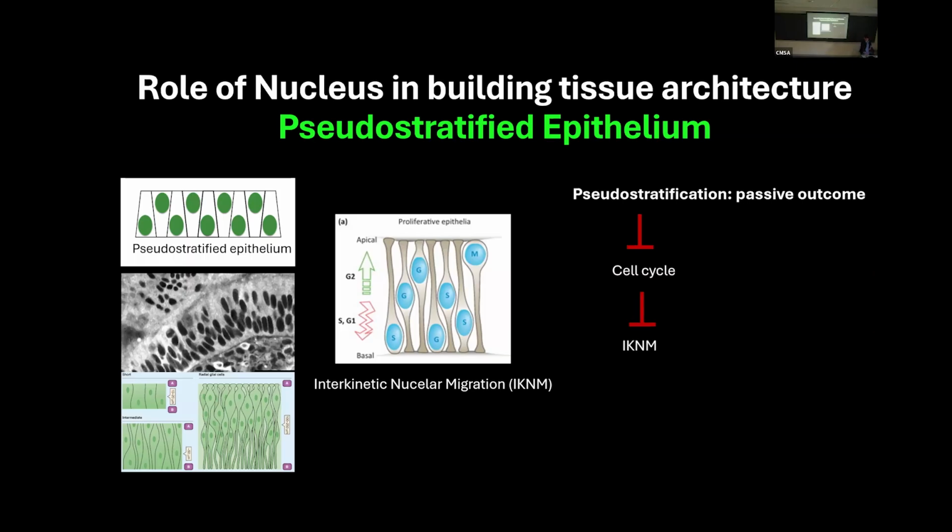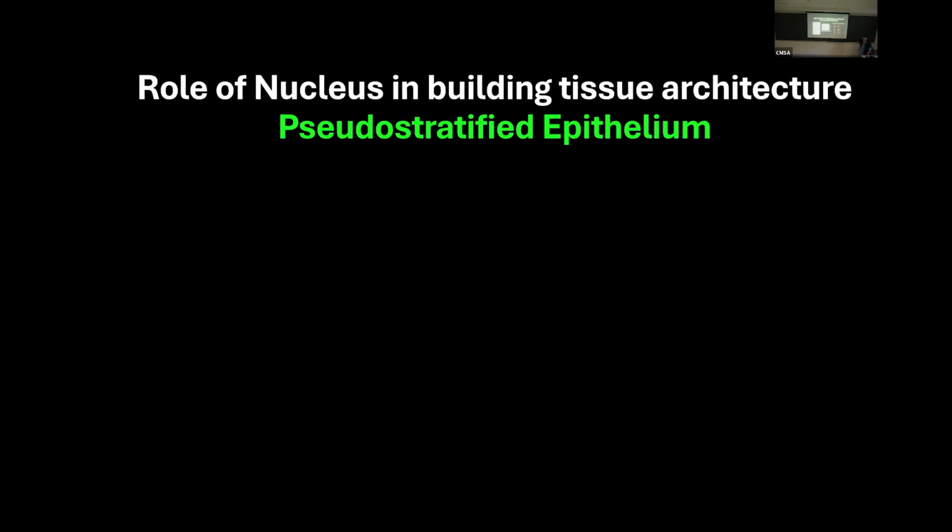But there are enough experiments where you can stop cell cycles and subsequent processes, but pseudostratification doesn't go away. And you can stop this process of nuclear movement apicobasally during interkinetic nuclear migration. That is all part of the cell cycle, but it does not get rid of the pseudostratified architecture. And you do find this architecture in non-proliferative tissues like retina. So we have been thinking of what this architecture does, and